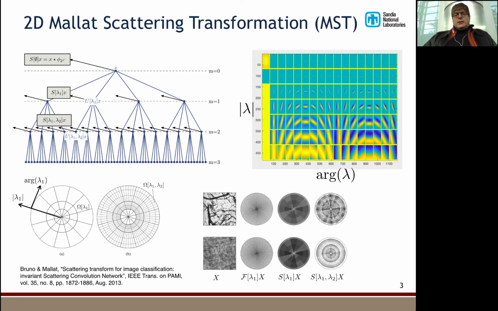What is the Mallat Scattering Transformation? The 2D Mallat Scattering Transformation is the convolution of kernels at different scales and different orientations. These are the real or symmetric kernels, and these are the imaginary or anti-symmetric kernels with a signal. What you can show here is that the signal is X. It is convolved with a lot of these kernels that give a